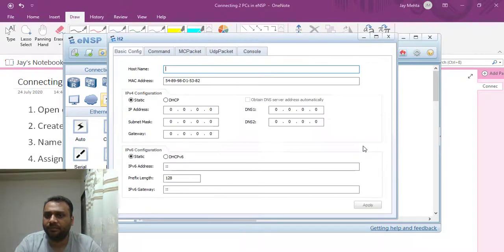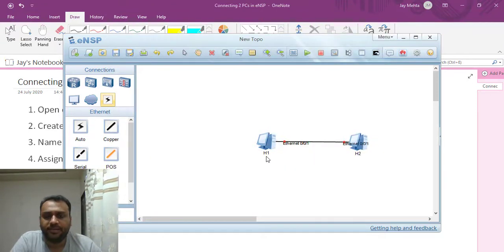Same way, I'll go to PC2. H2 is the name, and the IP address is going to be 192.168.1.2, and the subnet mask is going to be 255.255.255.0. Click on apply. So you can see that the interface is still not up because you have an amber light